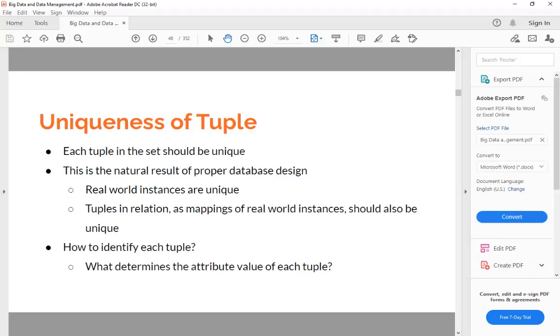The concept of primary key is essential in that it's about the uniqueness of each tuple. Based on mathematical theory, each tuple in the set should be unique. A set is a group of data that is unique from each other, right? This is a theory. But it's not only a theory, it's also a natural result of a proper database